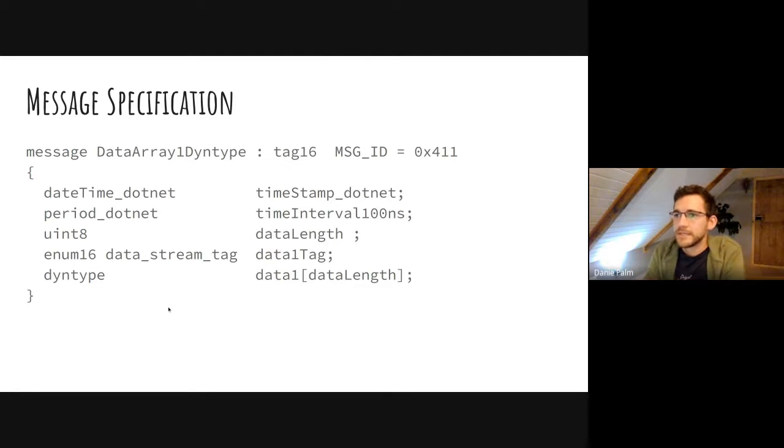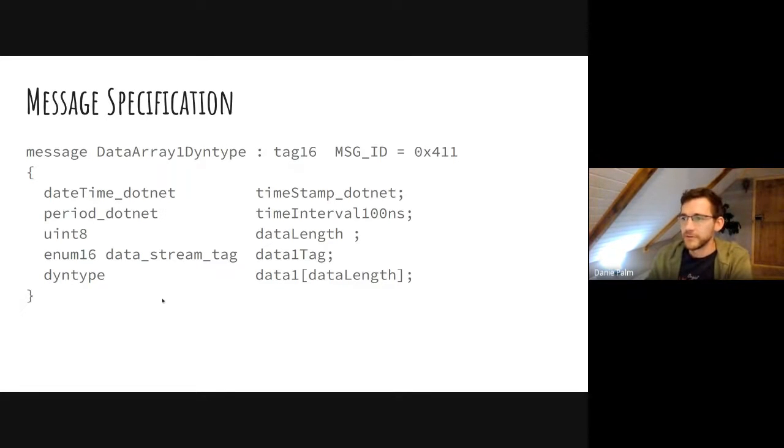Here's another one. It's even more interesting. It also starts off with a datetime, and then it is followed by a period. Both of these are 8 bytes. This period is basically used to determine a frequency. If it's 1,000 milliseconds, it means the data in this message is at 1 Hertz frequency. Then again, there's a data length, and an enum type of 2 bytes, which will tell us what kind of data this is. Is this heart rate data? Is this breathing rate? Whatever it is.